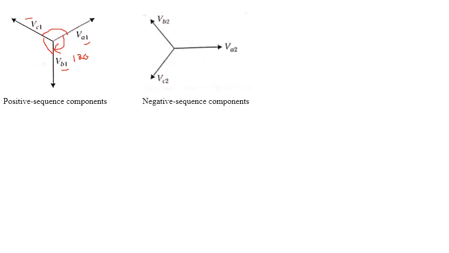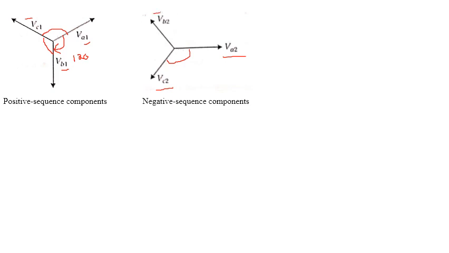Need not worry about that, we have to consider the reference here. We can consider the reference wherever you wish. This is VA2. So we understood that this should be opposite to the original phases. That is the meaning of the negative sequence component. After VA, we would have VB, but it should be the opposite of the original one. The original we are considering as the positive one. So in place of VB, I will get VC, and in place of VC we will get VB.